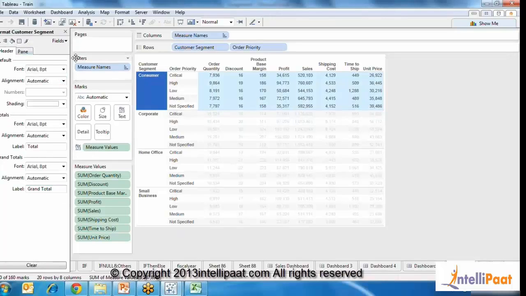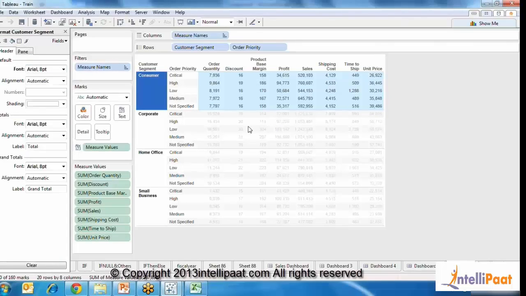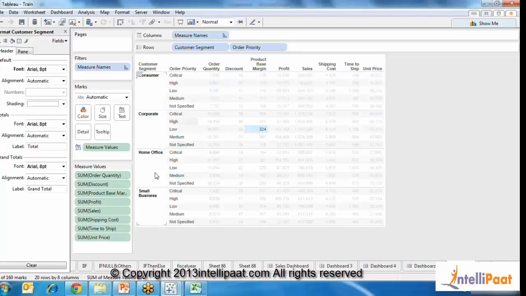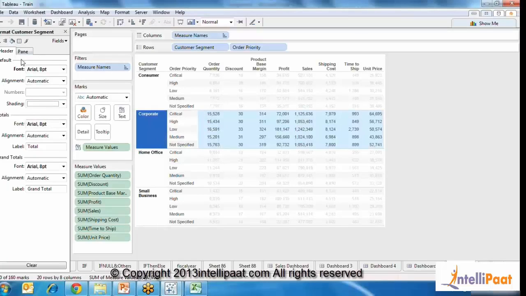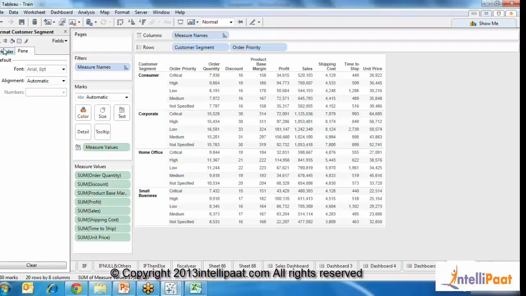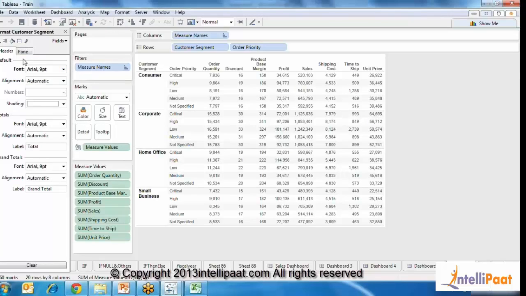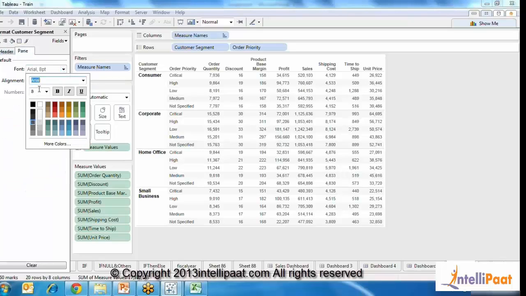This format section here will give you a lot of features to format, as we had discussed. So the first one is the font. You can format the text, the font color, and all the font information. And then you can also do some shading if you want. So if you see here, this is for the header. So you would have one for the header and then one for the pane. So the header is this part here, and then you can actually go and make this probably a little bigger. All those things you can do. So you keep it at 8 and then change the